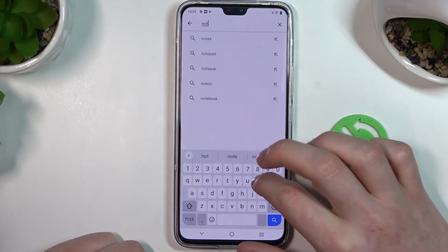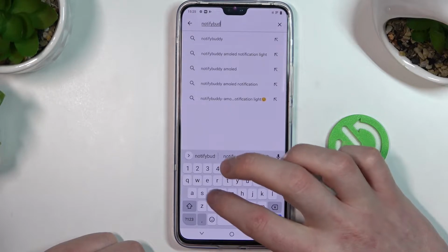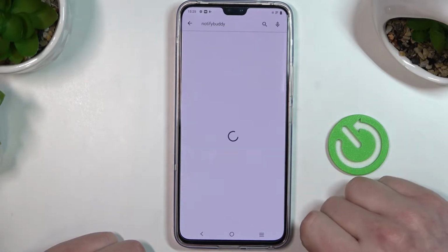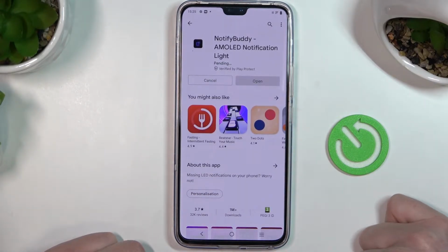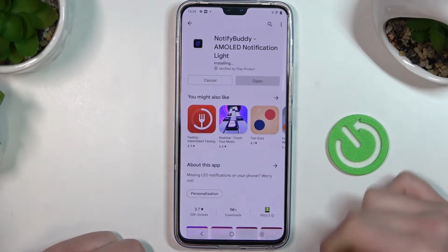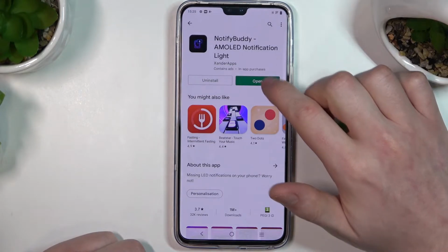NotifyBuddy, and hit the search button. Now select this app and press install. After installation process is complete, we can open the app,